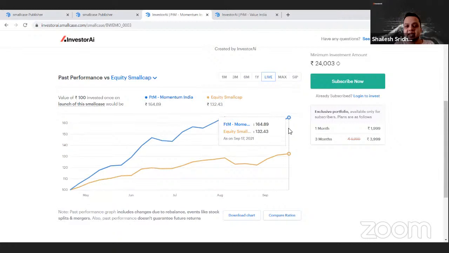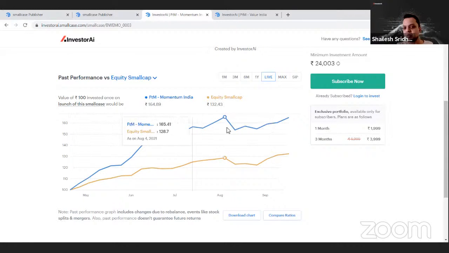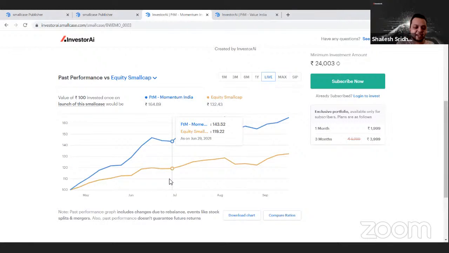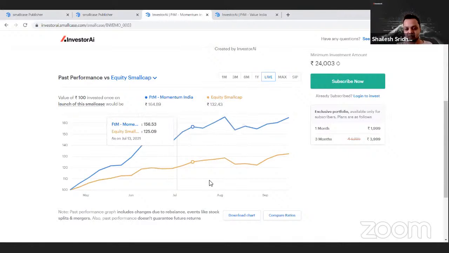But those who have put money in equity index funds or large cap funds, in the first 4 months, they made no returns at all. The market was just trending, and that time we went up 30%. So everyone has a time. Every sector, every style, every strategy has a time, and we just need to wait and give it a long time so that it plays out and we reap the benefits of it.